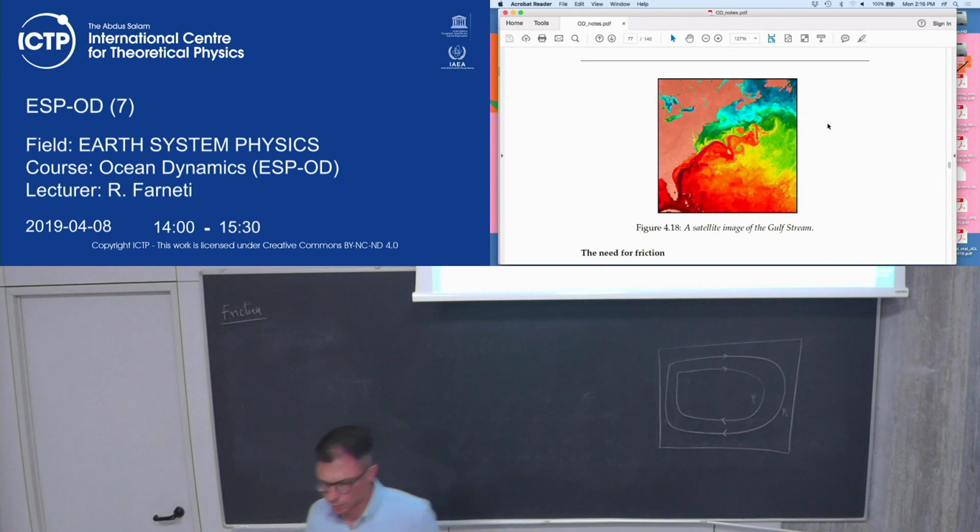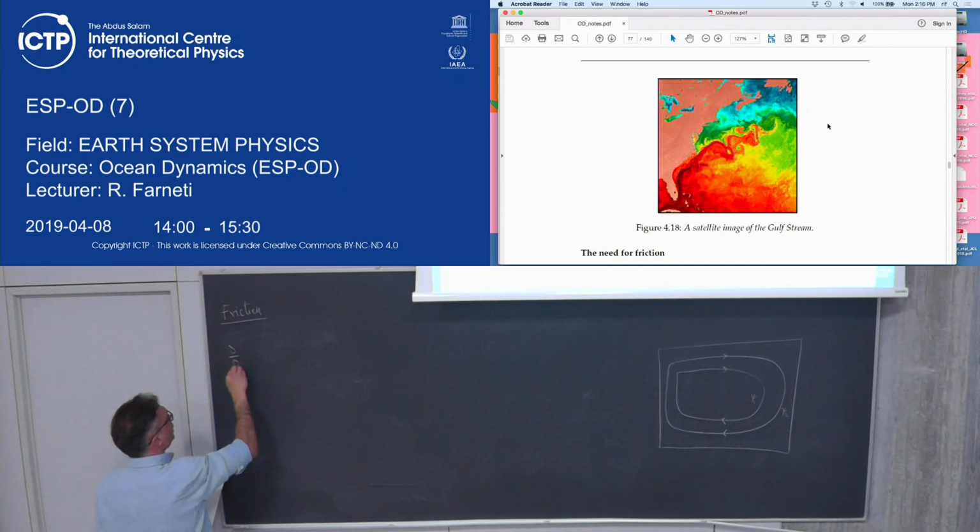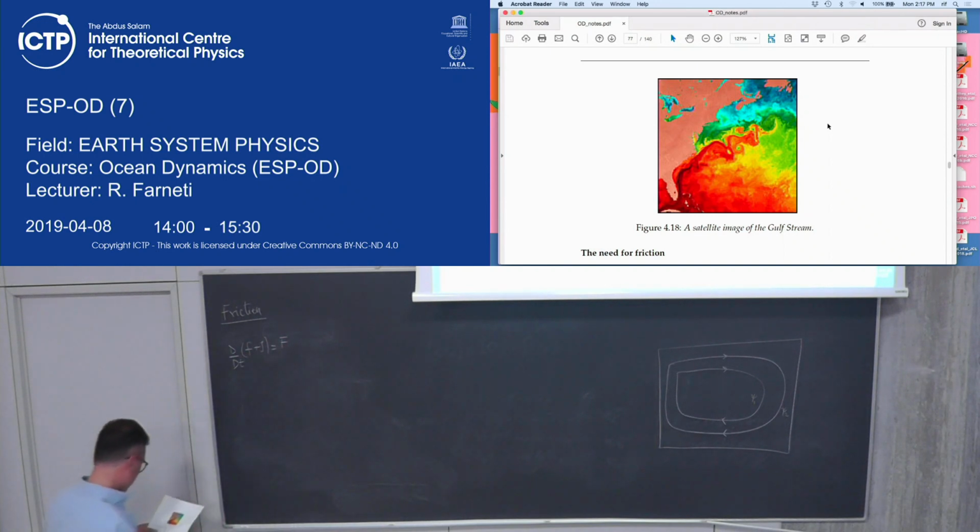You can take as many streamlines as you want, and you can put them wherever you want. And so you can consider the steady barotropic flow, which is what we did so far. So no time dependency, vertically integrated or homogeneous, and it has to satisfy